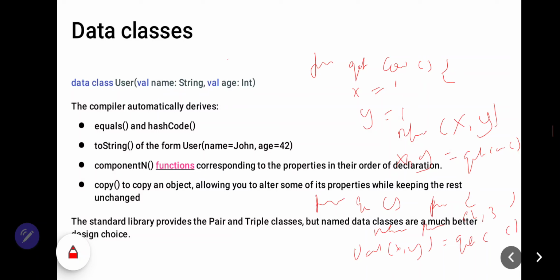Okay, maybe you will find this data class when you write code in Kotlin, and I hope you understand the concept of basic class. There are many advantages if you use this data class. It makes your code simple.